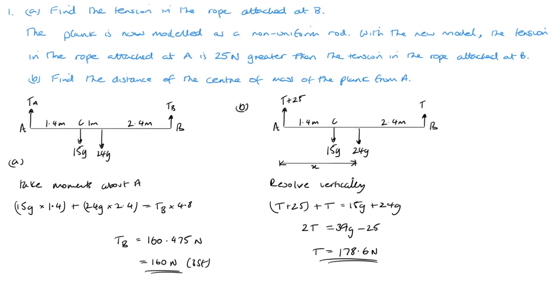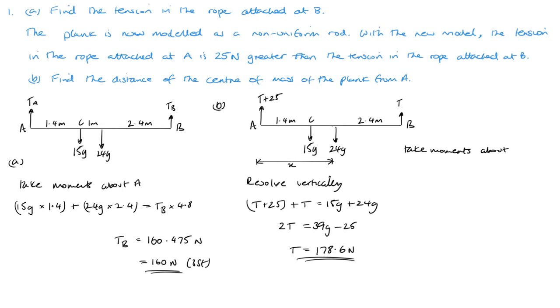Now we need to take moments. And we're going to take our moments about A. So that means that the 15g times 1.4 plus 24g times x is equal to T times 4.8. And of course we know what T is, don't we? So T times 4.8 is